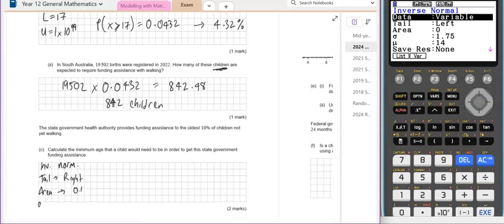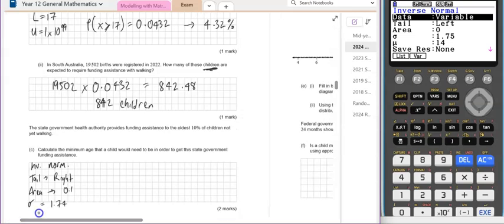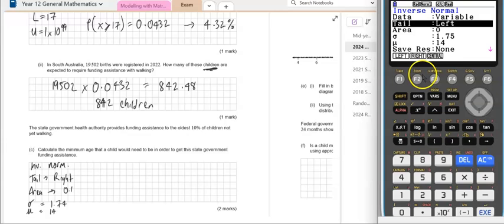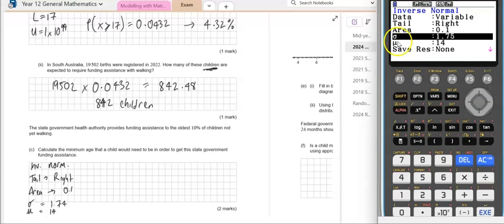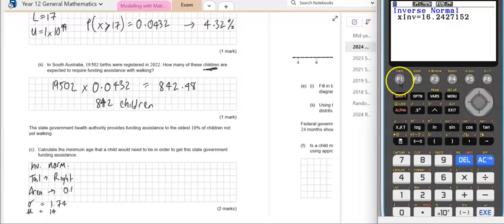And again, the standard deviation will also be 1.75, and the mean will be 14 months again. So let's go ahead and put those values in. Right tail, 0.1. The standard deviation and mean are already set. So again, toggle down and ask it to calculate that for us, which works out to be 16.24. So the value of K there is 16.24